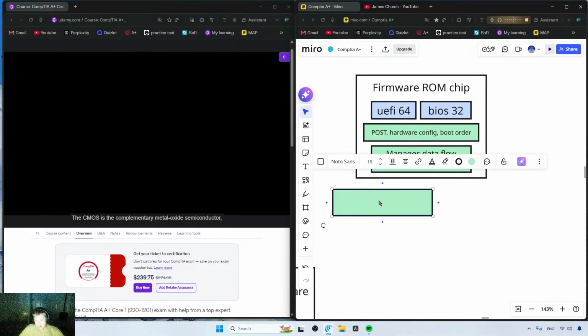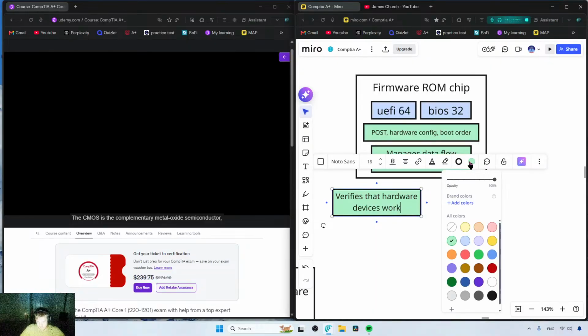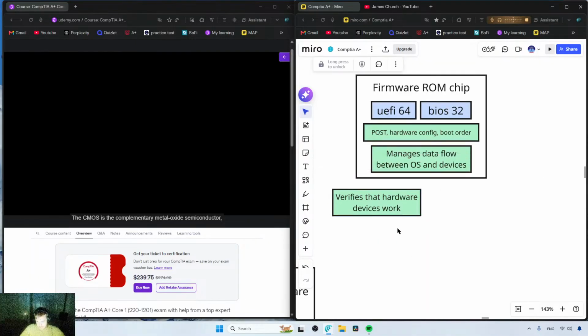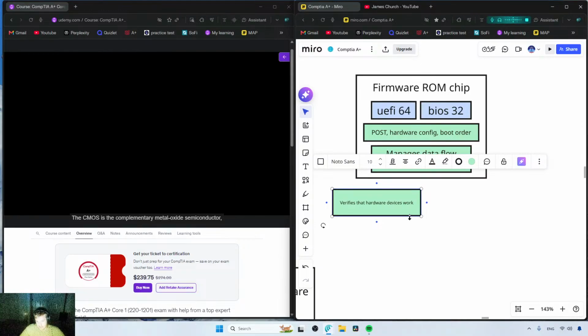Okay, so POST. And what is POST? POST stands for power on self-test. What does it do? It verifies that components like memory, processors, and storage devices are working correctly before handing control over to the operating system. Verifies that hardware devices work, basically. Exactly. POST checks that hardware devices like RAM, CPU, and storage work properly before the operating system starts. Okay, so that's first. And then next, after it does that,